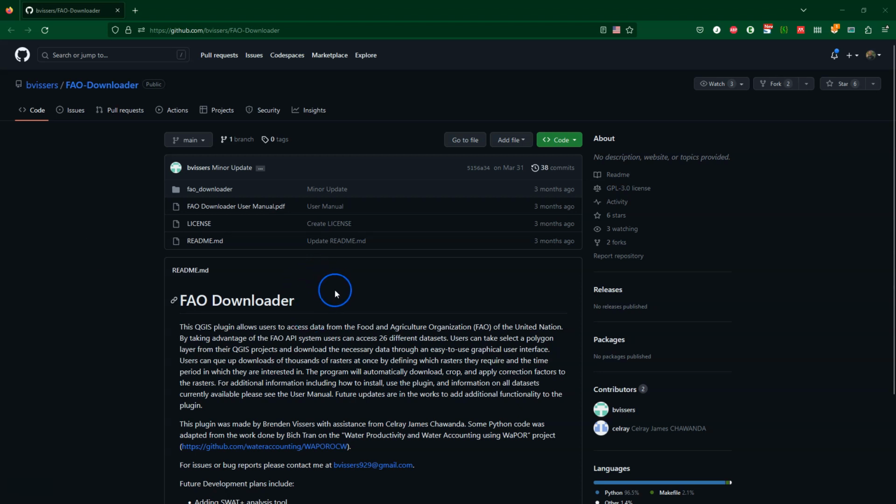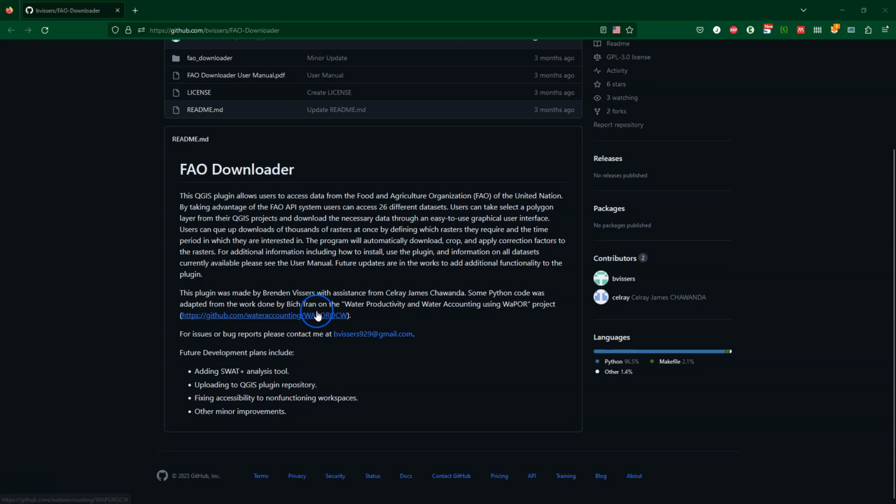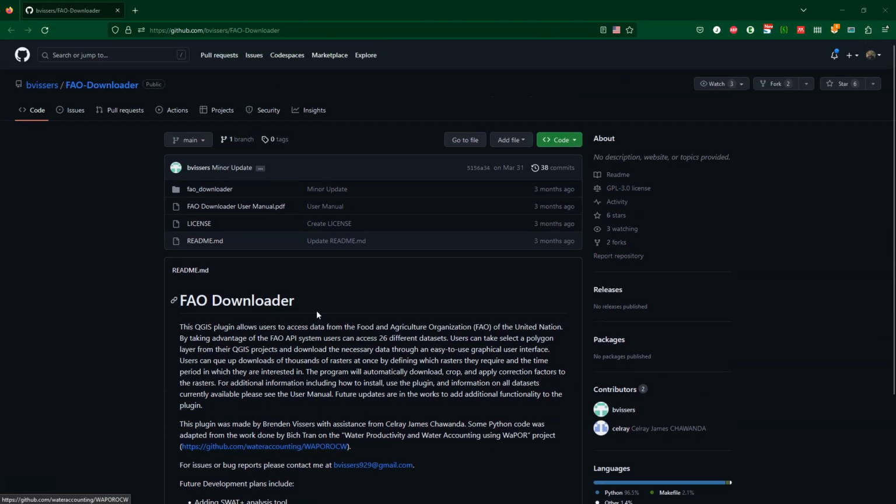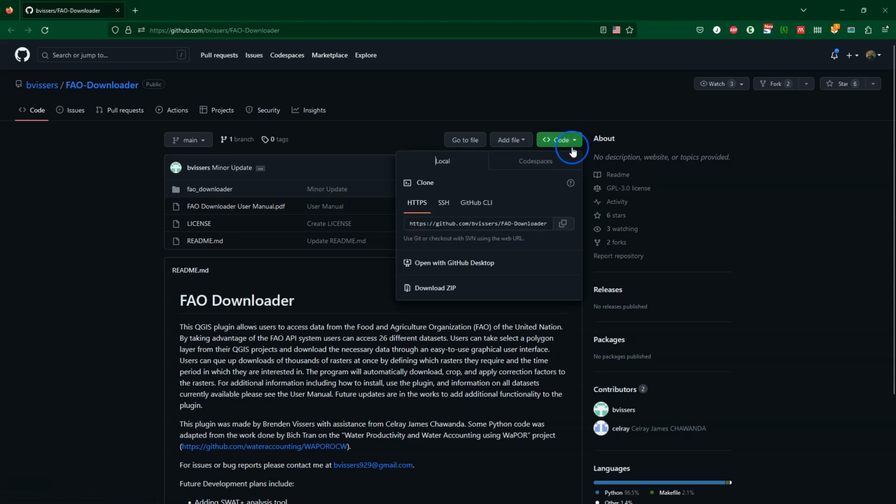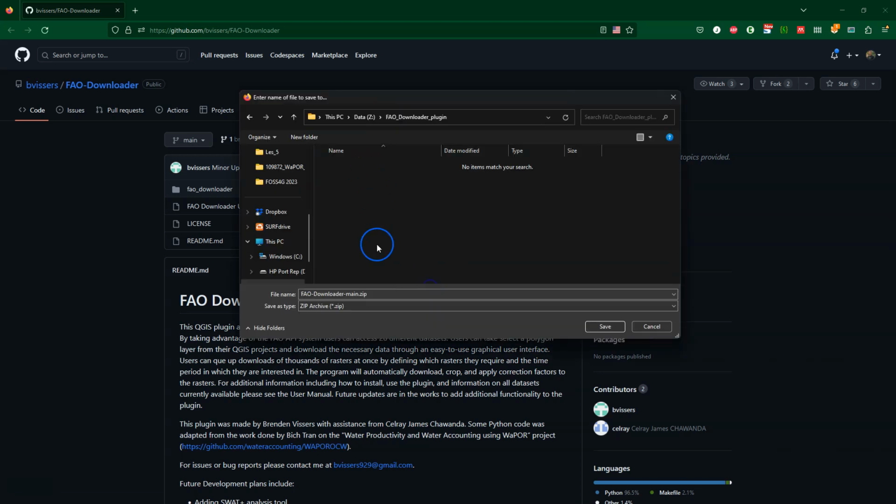In this video we are going to have a look at the FAO Downloader plugin for QGIS. This plugin has been developed by Brendan Vissers with assistance from Salary James Chawanda. The plugin is not yet available from the official plugins repository of QGIS, so we need to download the zip